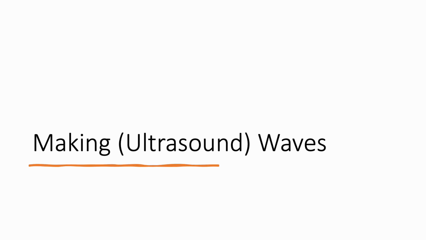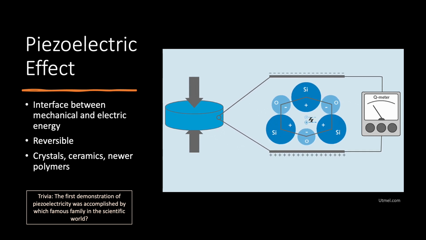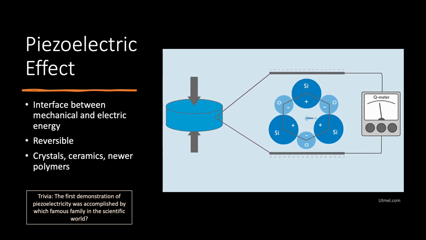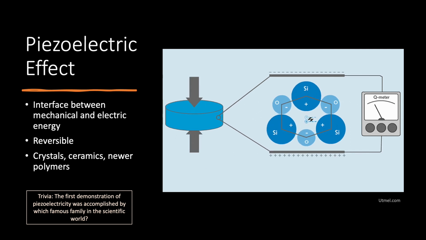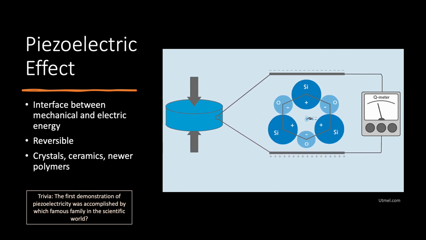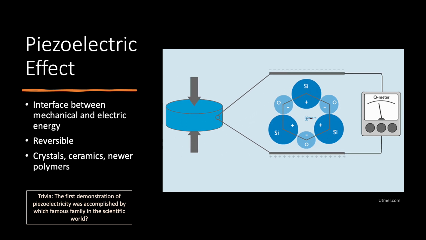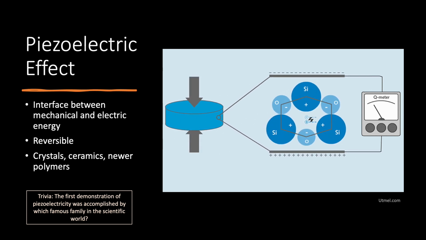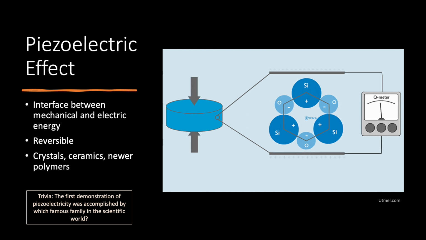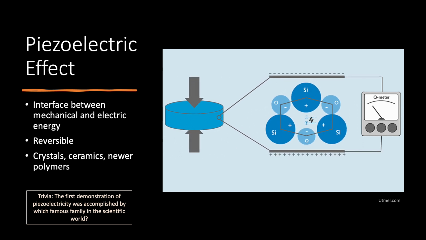All right, so first, let's talk about how we make ultrasound waves and what vocabulary we use to describe them. Generating ultrasound waves relies on the piezo or piezoelectric effect. I've heard it pronounced both ways, and I don't care which one you use as long as you understand it. And the key to understanding it is to focus on the animation that's on the right half of the screen here. The piezoelectric effect is a phenomenon where certain materials, most commonly we refer to these as crystals, but it can also be ceramics or polymers or a variety of different things, react when mechanical stress is applied to them.